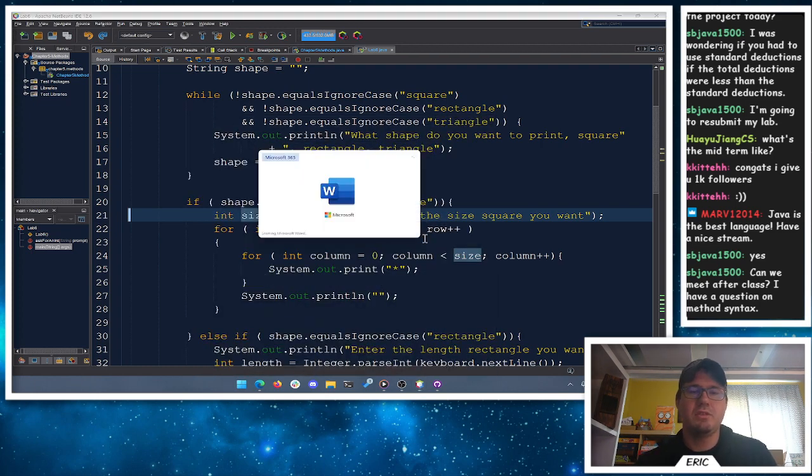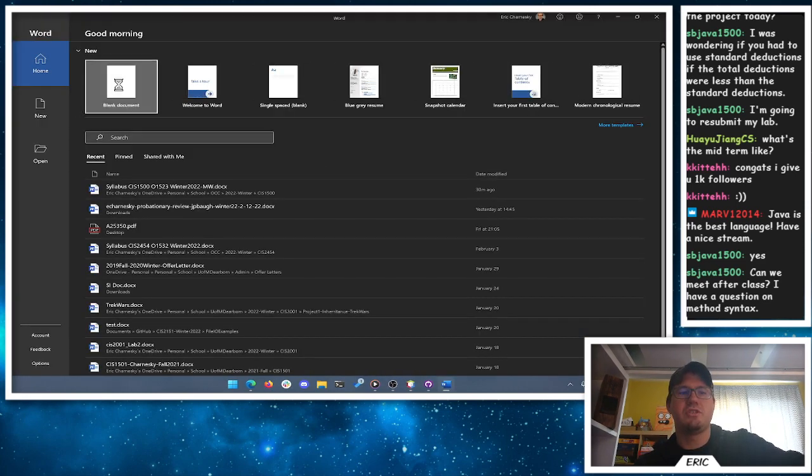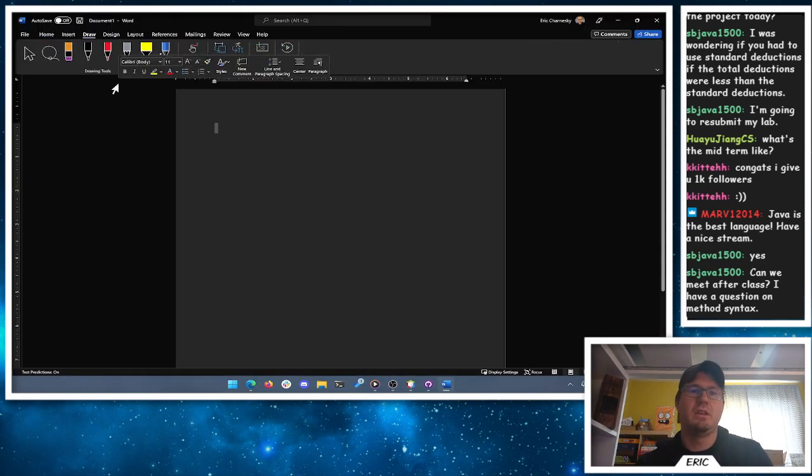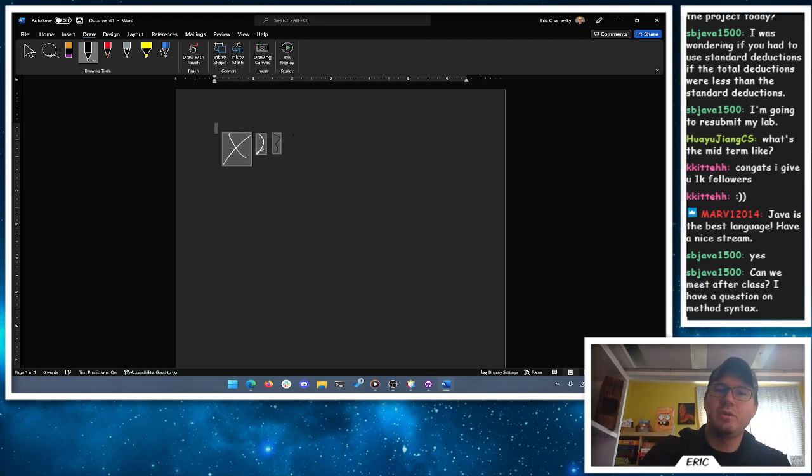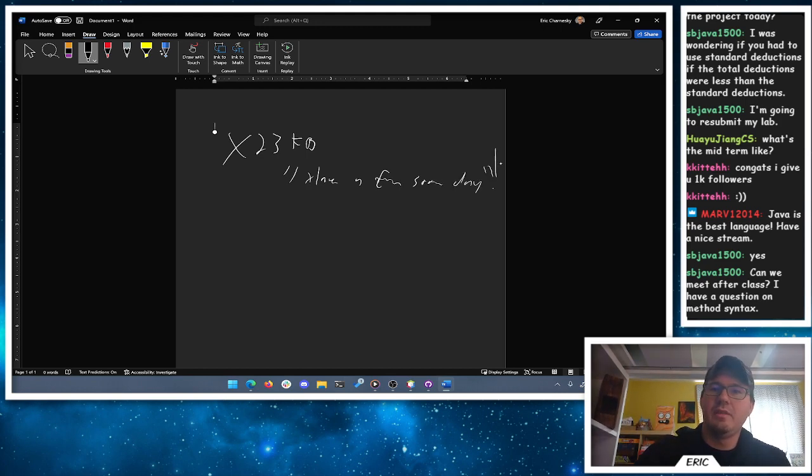So when we tell Java we want a place to store some information here, Java says, hey, operating system, I need a location to store something in memory. I want to store a string. So the operating system says, sure, you can have x23fb. And for some reason, they're in hexadecimal. I don't know why. And then in that memory location, we can store, you know, have a fun snow day, or whatever we're going to store. We can store that string in memory at that location. So when I call a method